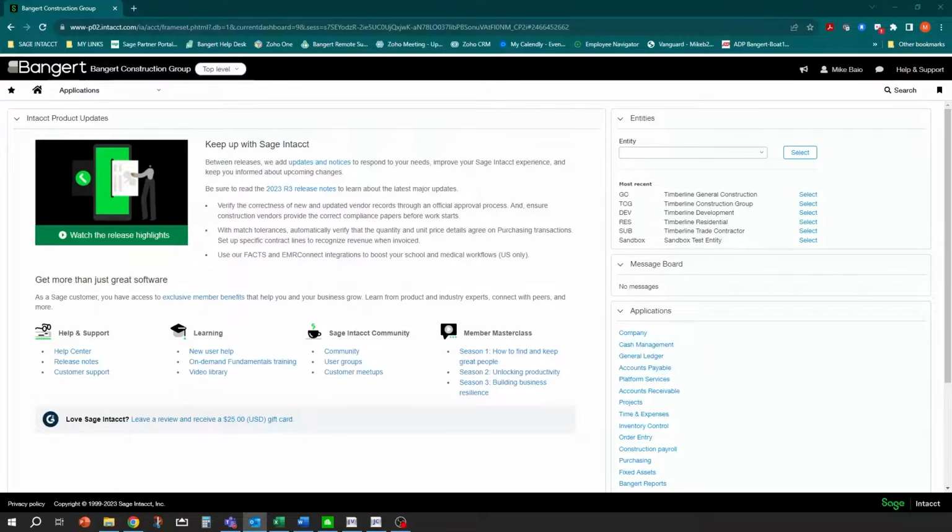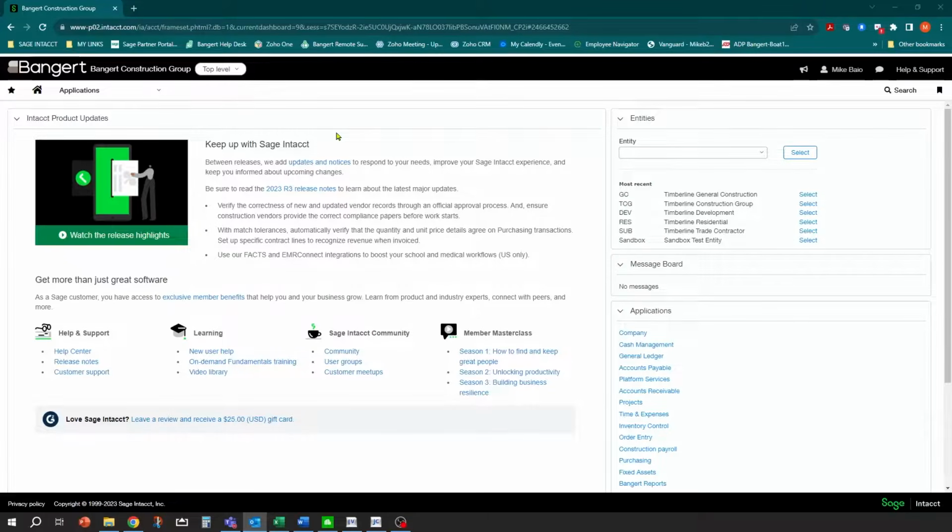In today's session, we're going to talk about how to make adjustments to accounts payable bills and to receivable invoices within Sage Intacct Construction. So basically, the options that you're going to have in those modules are going to depend on a few things. Number one, they're going to depend on your configuration and what you've elected to turn on and off. And also depending on your workflows, depending on where you're entering data in the system.